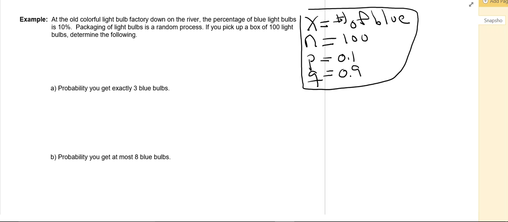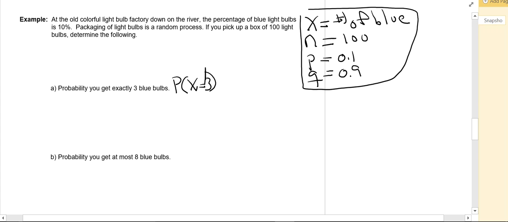Okay? All right, so the probability you get exactly 3 blue bulbs, that is, the probability x is equal to 3, once again, is given by our formula. C of 100, pick 3, times probability of what we're counting, 0.1, how many? 3 blue ones, times the probability of what we don't want, 0.9. Out of 100, we got 3 blue, so there are 97 that are not blue. When you do your math, this comes out to be